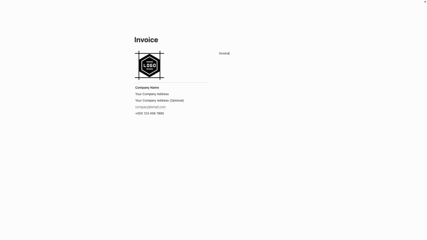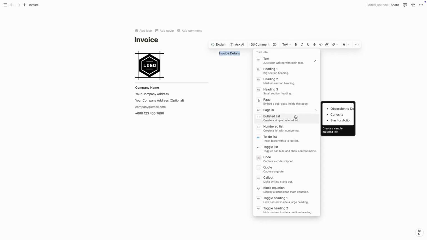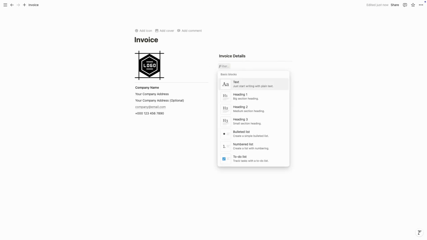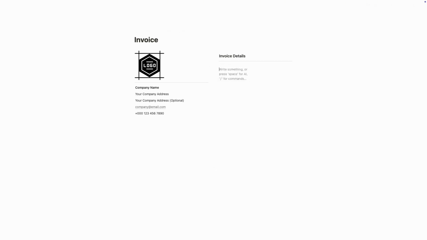So let's write invoice and then details. Select all the text and let's turn it into heading 3. Perfect. And then divider. So now in the right column we are going to take two more columns. So for that click on slash and then 2. Here is total 2 column and in the one column let's write down invoice number and let's select all the